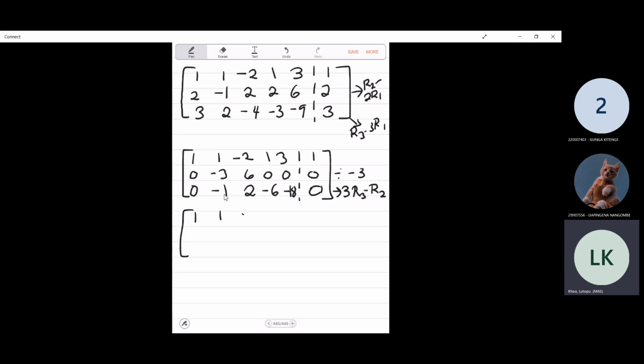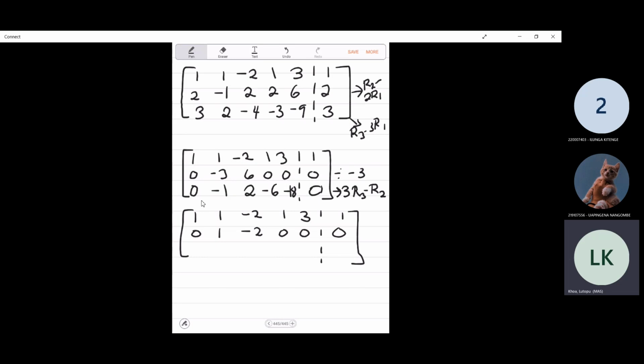So 1, 1, minus 2, 1, 3, and 1. The second row I divided by minus 3, so I have 0, 1, minus 2, then 0, 0,